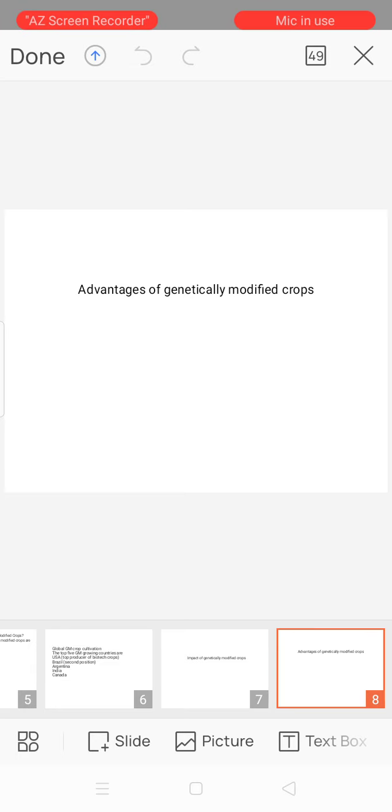And the features of first generation crops such as insect resistance and herbicide tolerance have proven their ability to lower farm level production cost. And next, the features of second generation genetically modified crops include